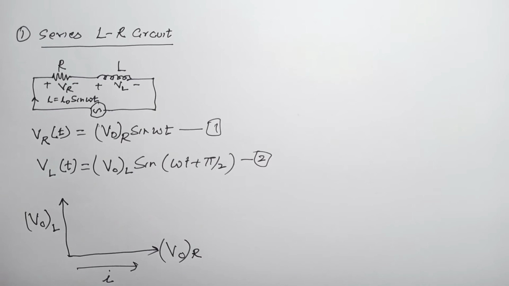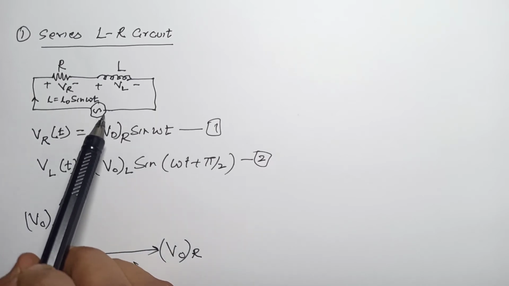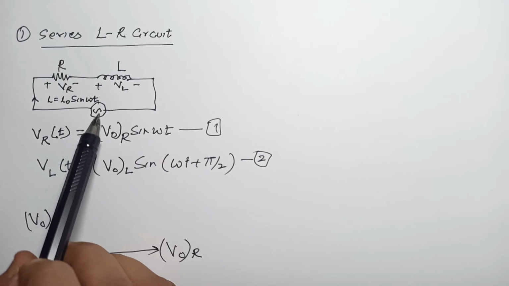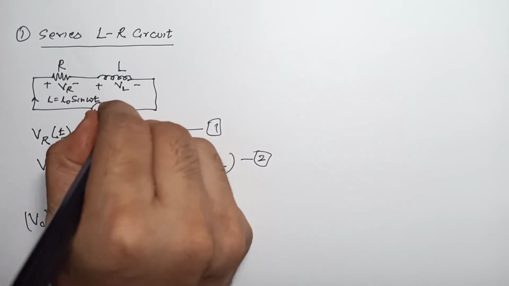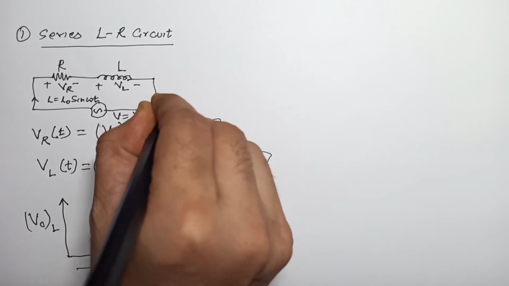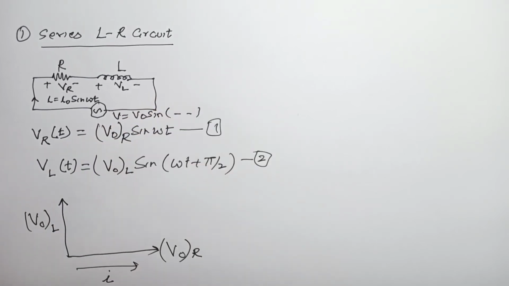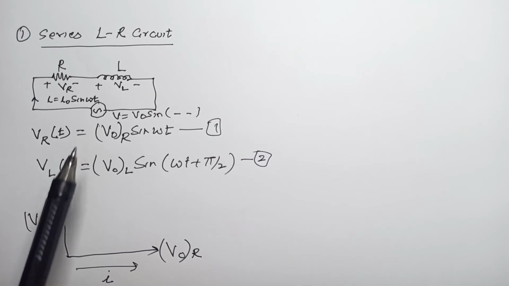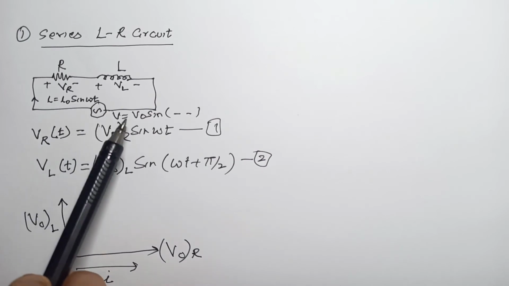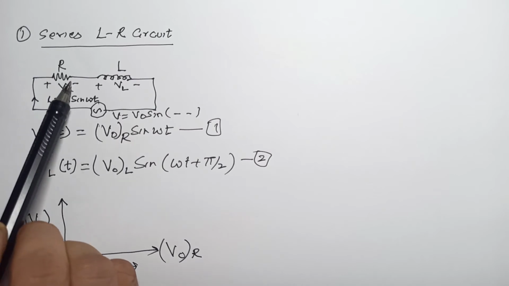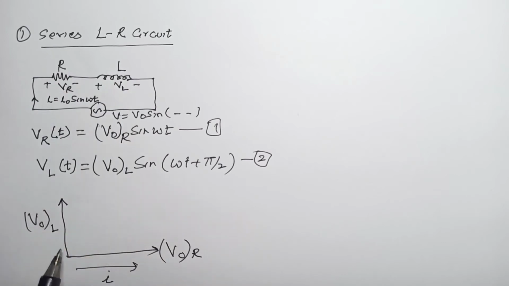Now, this is supplying some potential, correct? Let's say it's something like V is equal to V naught sine something, correct? Now if we have to find a relation between this peak value and the peak value of this and this, we can say the peak value of the inductor is this, the resistance is this. We cannot just add it up in the normal way because the angle between them is 90 degrees, as we can see in the phasor diagram.